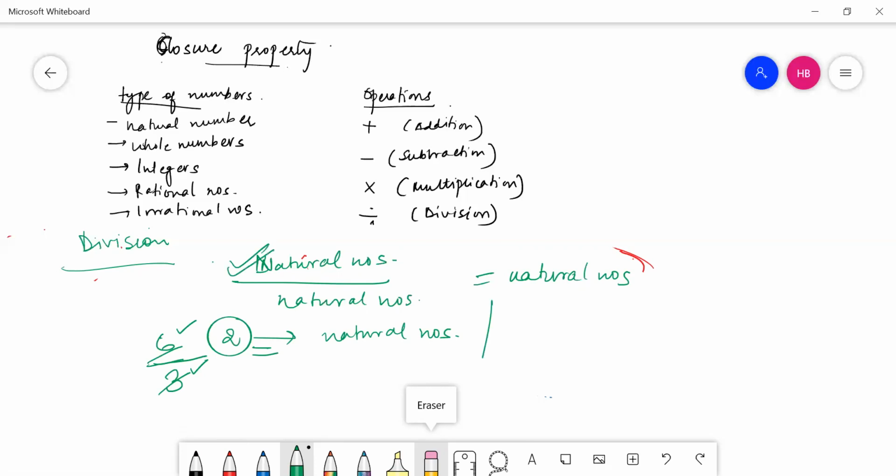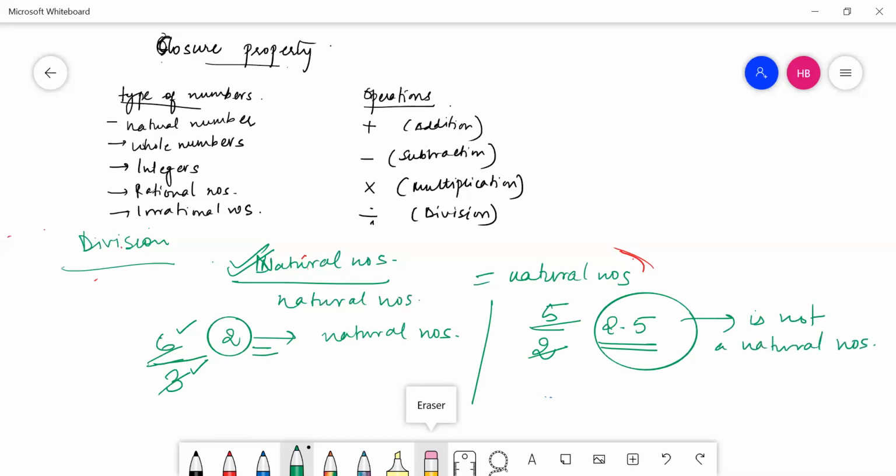Now let me take another example. Let me take 5 divided by 2, right? 2 twos are 4, so 2.5. I got 2.5 as an answer, but I know 2.5 is not a natural number, right? So I have found one case where I'm dividing two natural numbers and my answer is not a natural number. So in this case, I'm going to write natural numbers